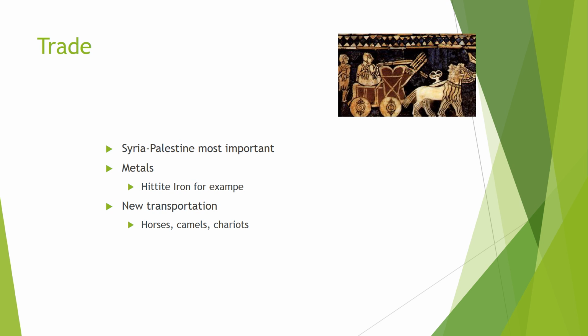That iron is going to be useful for building things like chariots and weaponry. That weaponry is going to be used to obviously wage war and expand territories, especially when you start putting it onto new forms of transportation. Horses, camels, chariots. The quicker you can move people and goods, the longer distances you can travel, the quicker you can travel. That stuff's going to be really important for expansion, like we talked about with this key concept.